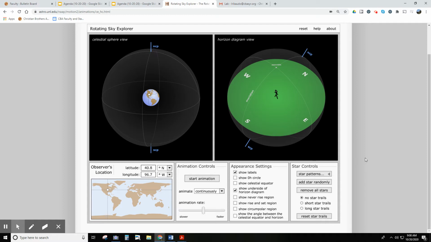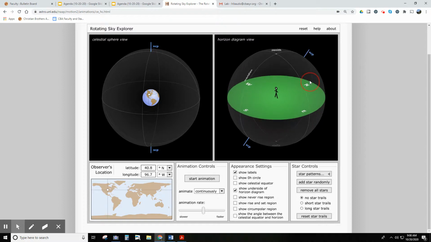Right, hi Alina. I figured I'd help you with the lab by just recording some things. This is going to be question number 2, and I'll break it down into different questions. So, first things first, you have to go to the Rotating Sky Explorer lab, and it says for question number